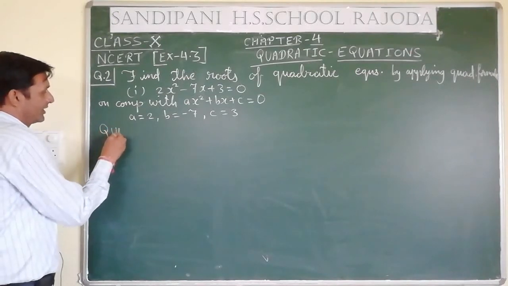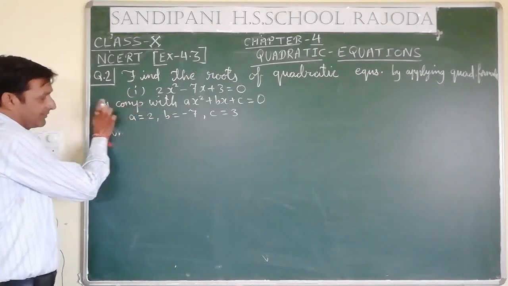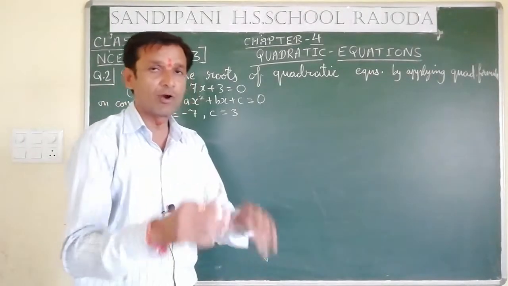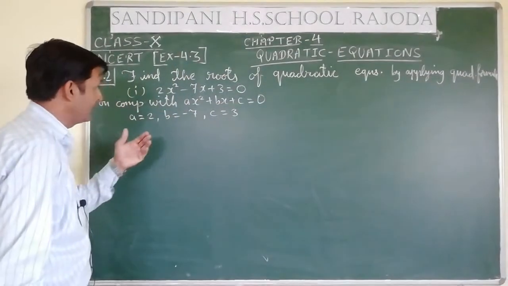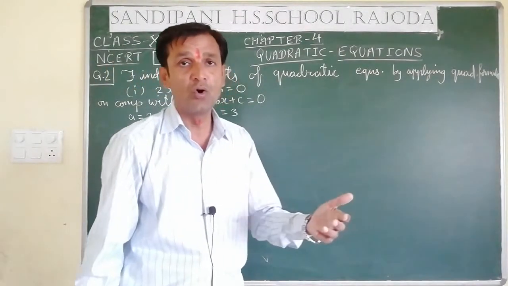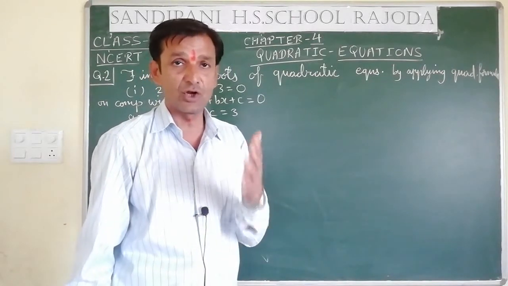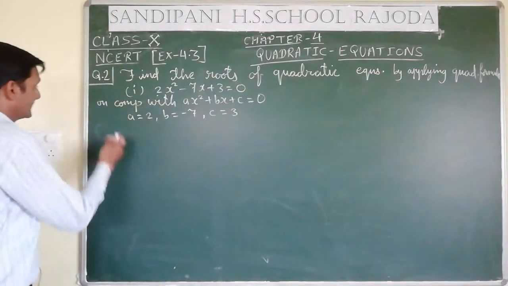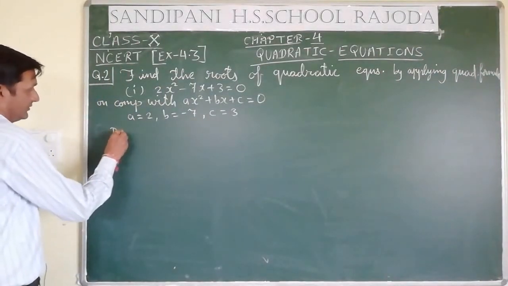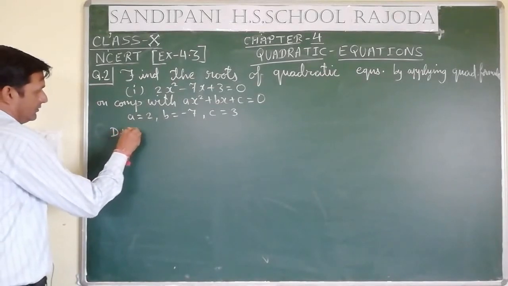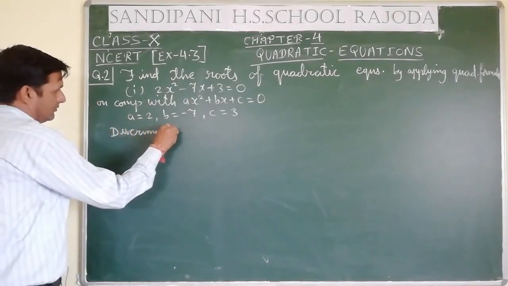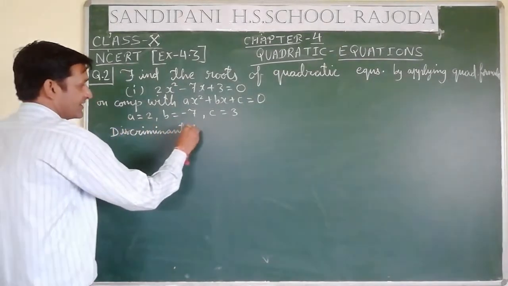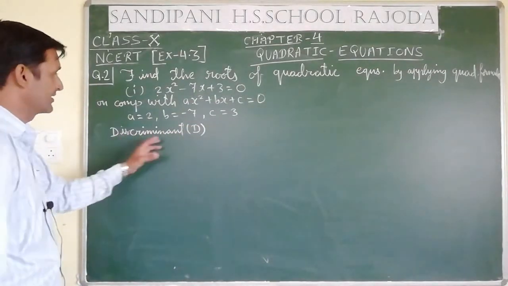So let me mention the quadratic formula. Before this, you may find the discriminant before applying the formula, or you can do it in the formula also. But if you determine the discriminant, then you will come to know whether this equation has a solution or not, whether the root exists or not. So let us find the discriminant first of all. This we will assign from next time as D. Remember this, discriminant is called D.